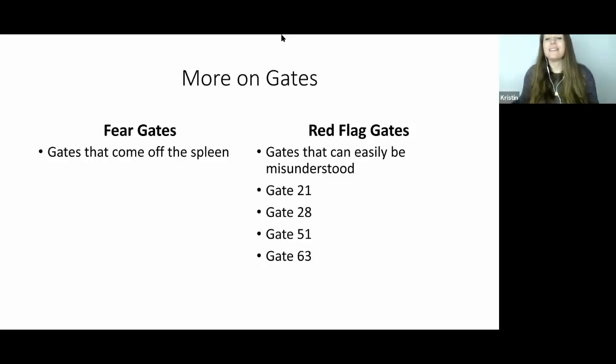Another one is the gate 63. The gate 63 is the gate of doubt. And when you're around this energy, if you don't have it, you become very paranoid and you doubt yourself. You doubt what everyone's saying. And that's not what this gate is for. This gate is in the head center. And it's designed to take all these ideas and inspirations that the head center gets and kind of say, okay, well, what idea or inspiration is really worth exploring? It has to have that discrimination. However, if you start using that doubt on yourself or on your friends or on your loved ones, it's going to be really difficult to form that cohesive bond.